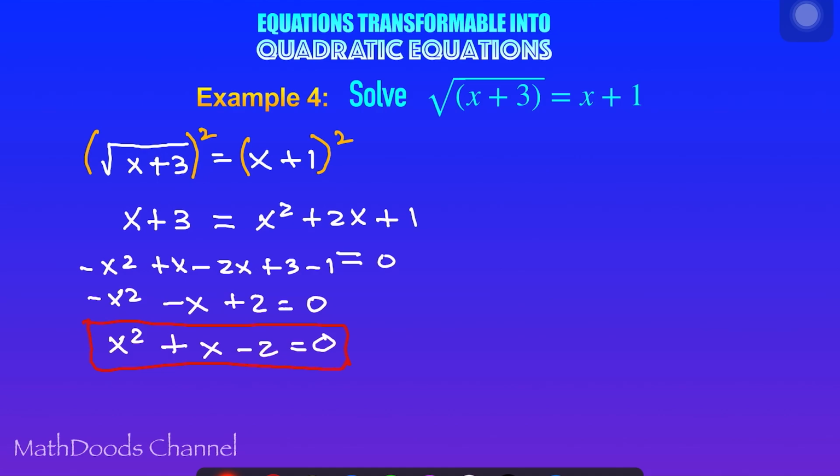Tapos, factor na natin x, 2, 1. 2 is a prime number, so ang factors niya ay 2 and 1 lang. So since this is negative, isang positive, isang negative. Since this is positive invisible 1, yung 2 ang positive. Yung 1 ang negative. So ang x natin ay negative 2 at saka positive